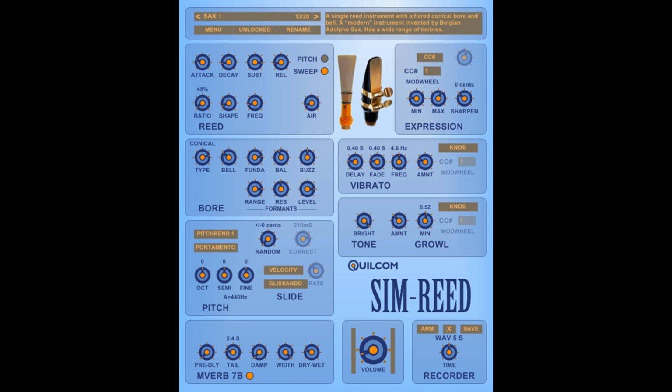So that's my Quilcom SIM-REED for you. There's lots more details in the user guide and lots of background information in the background info folder. So I hope you have a bit of fun with it, and I'm going to play you out with a